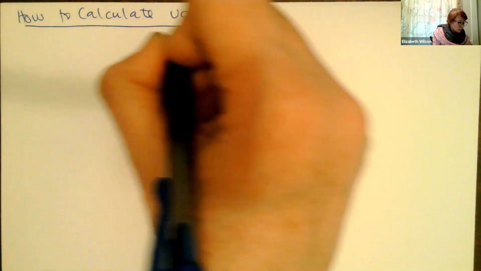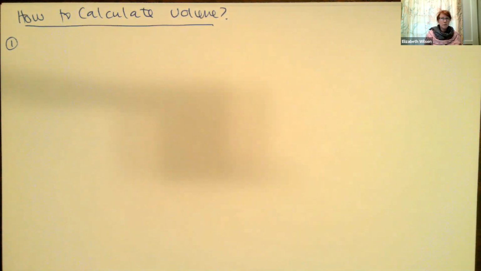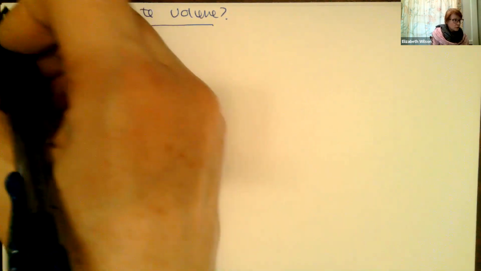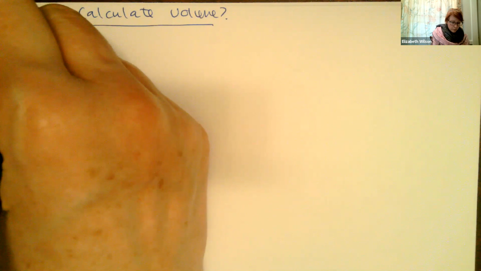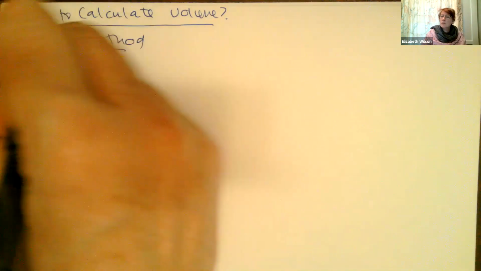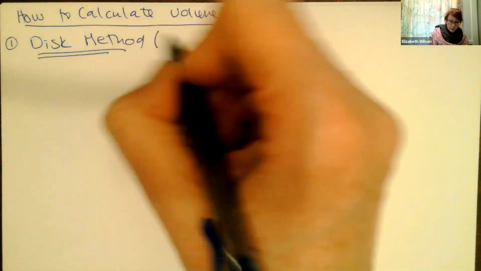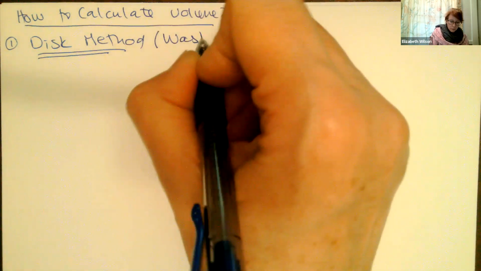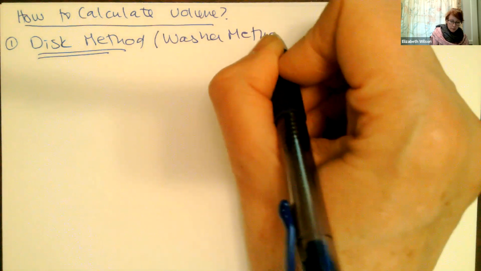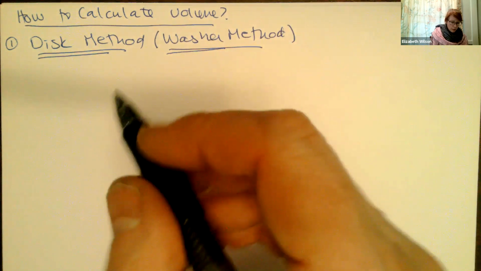We have two methods that we're going to talk about here. When you get into Calc 3, you're going to learn something else, which involves multiple integration, on functions of multiple variables. The first one is called the disk method. Depending on how many functions we have, it is also called the washer method. The washer method is based on the disk method. This one is really good. We're going to be integrating